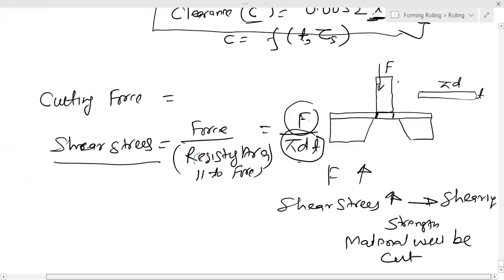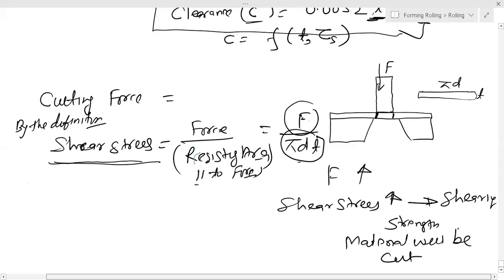So here, you are applying a force, and the area resisting is parallel to the force. So shear stress is developed by definition. And when the force and the resisting area are perpendicular, both normal to each other, then we call it normal stress. So you have varieties of stress, right? Now you have normal stress, shear stress, and finally principal stress. Tensor, tau xy, tau yx, total 16 types of stresses are there in a material.